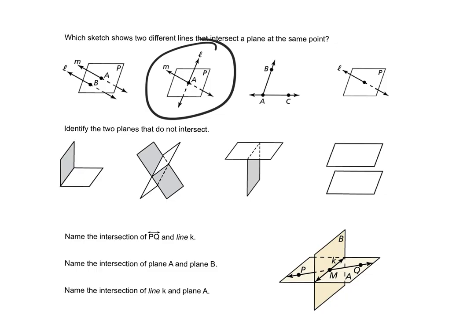Do they make a plane? Yes. But here's where it gets a little bit tricky: this is a ray, and we don't really have 2 lines. We have a ray and a line. Yes, they intersect, yes, they make a plane, but it's not 2 lines. If this would continue on a little bit further, then it would be 2 lines that intersect at point A, and those 2 lines would end up making a plane. If I were to draw 2 lines up here,